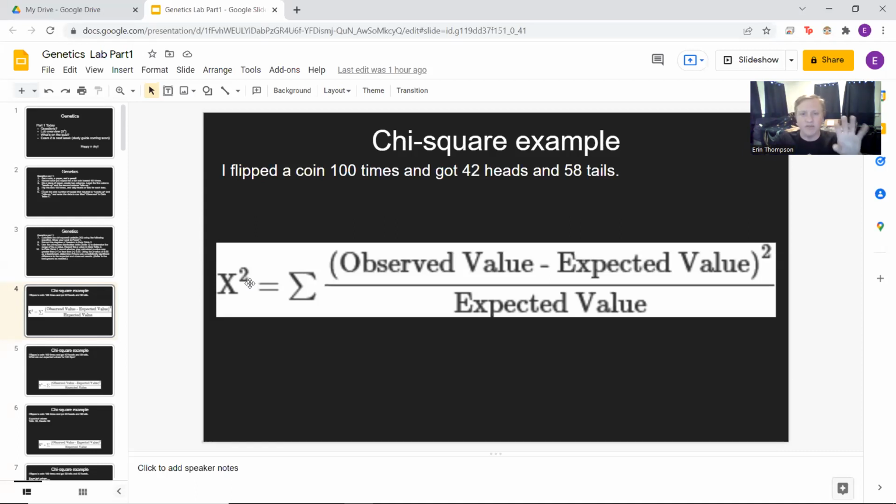Do not take a square root. This is just a symbol. You can think of this as the letter X, the letter Y. You can think of this as a question mark if you like. It doesn't matter. I'll say it again. Do not take a square